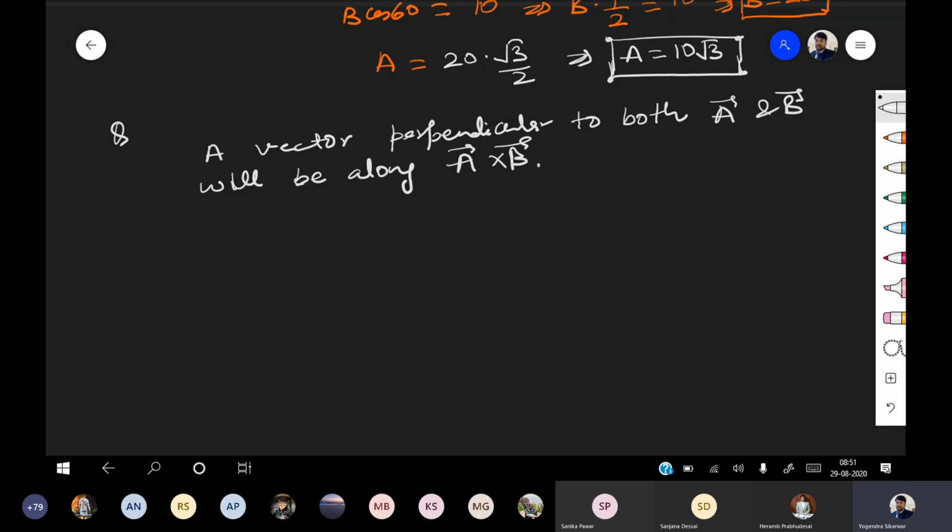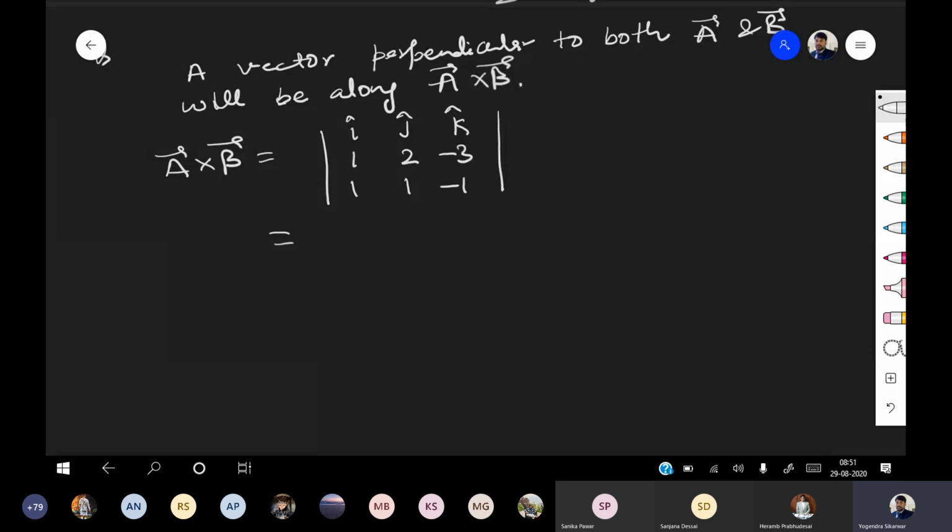So a vector cross b vector is equal to i j k. A vector is 1 2 minus 3. B vector is 1 1 minus 1. Okay, so A vector cross B vector. Now when you are going to find it,